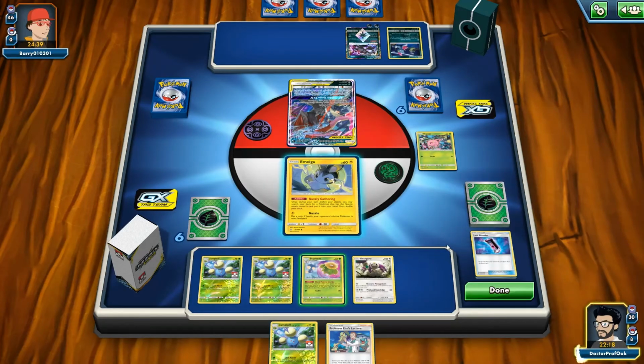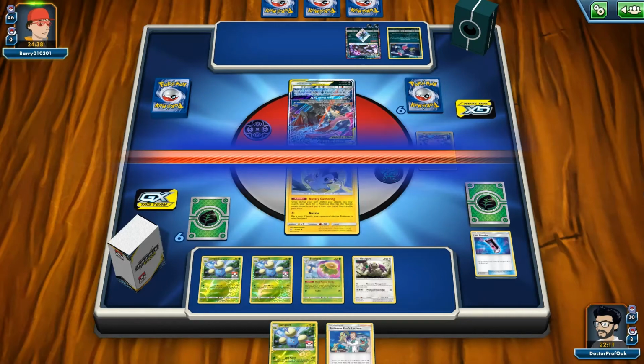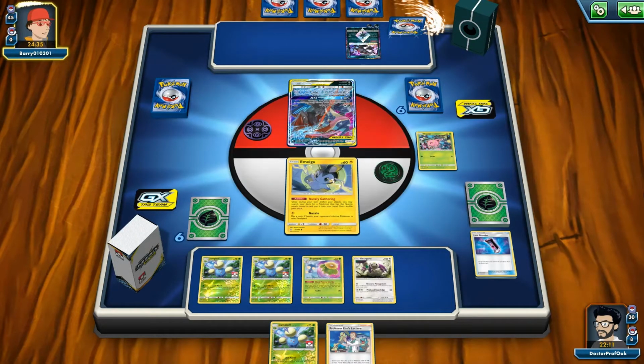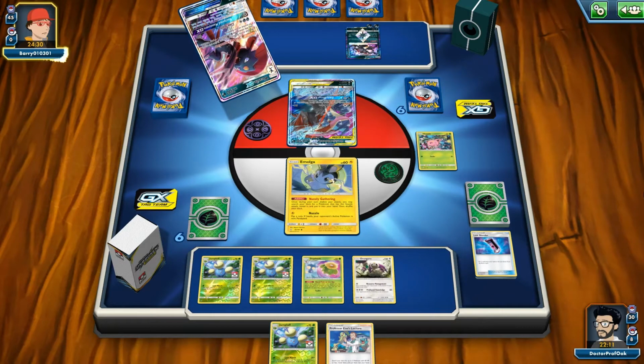We have thinned our deck a decent bit. We don't have the other Jumpluff in there, so we're not going to waste it. I'd rather just evolve from my hand. There's the Weavile, so he's going to be able to start attacking this turn. We really do need our